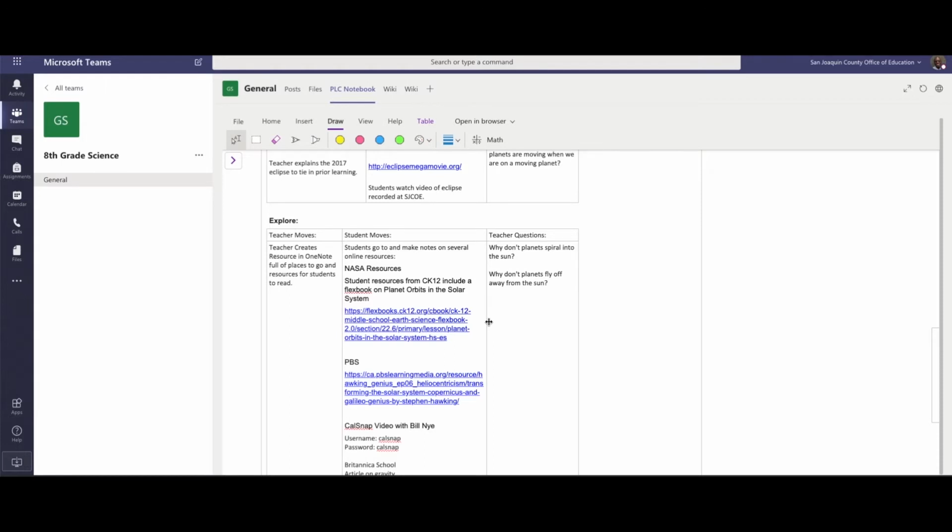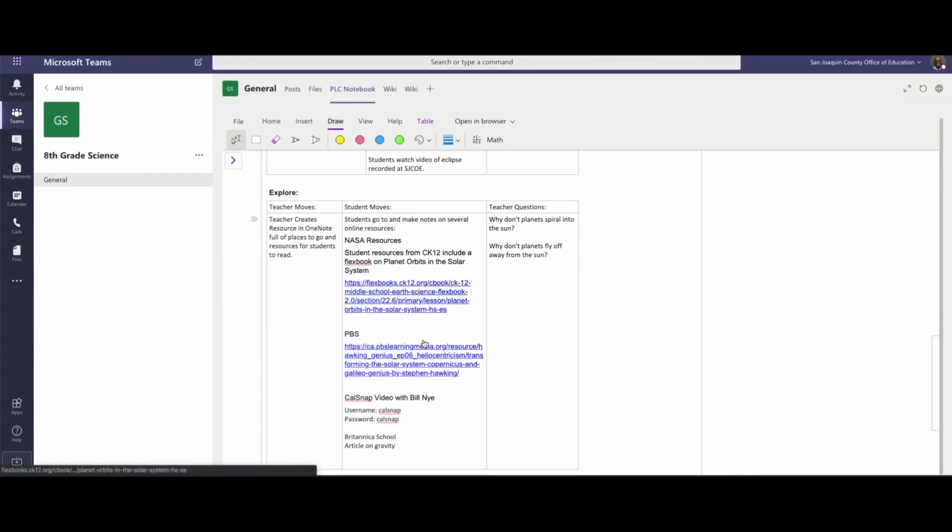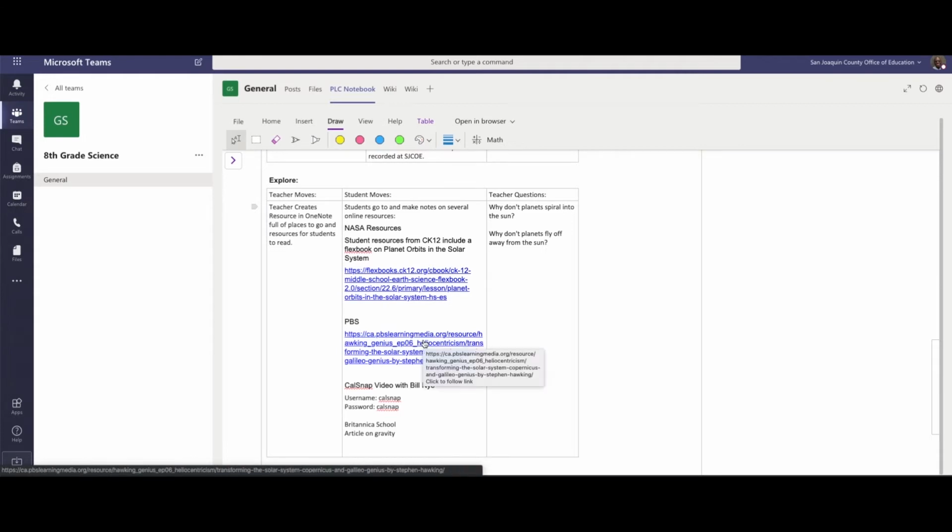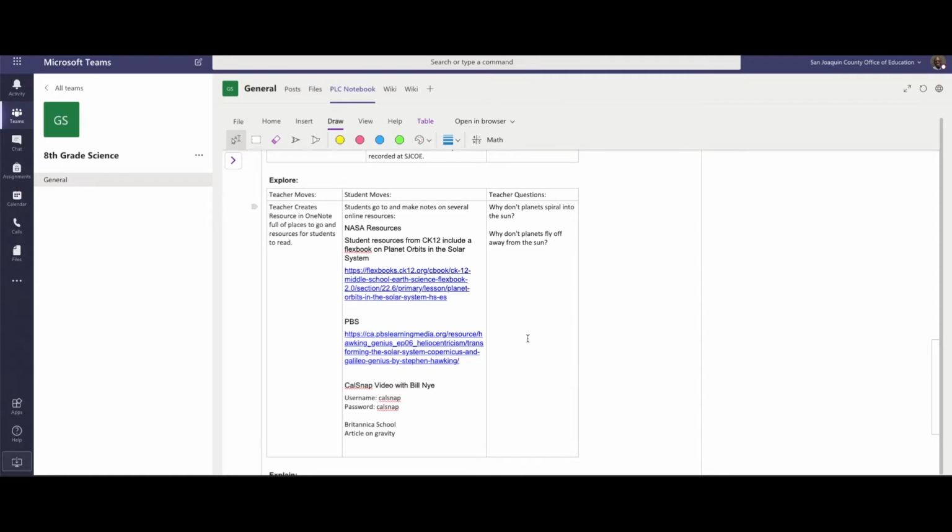There's also lots of great online resources. An obvious first start is NASA, but there's also resources like CK12, which has a flexbook on planetary orbits. PBS has an awesome video with Stephen Hawking explaining about Galileo and Copernicus. And CalSnap is an open media tool that has both open resources and California Streaming, which is a service from a consortium of county offices of ed. It's free